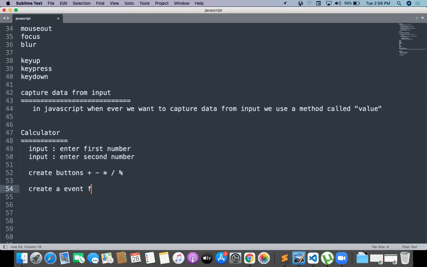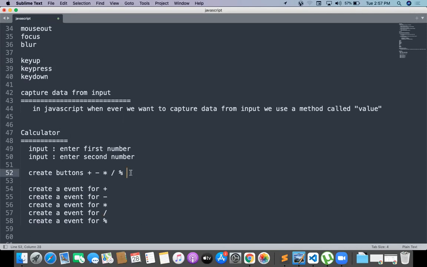Create an event for plus, an event for minus, an event for each and every operator: star, slash, double star, and percentile.